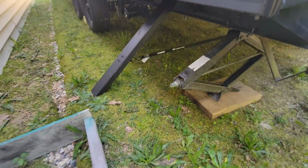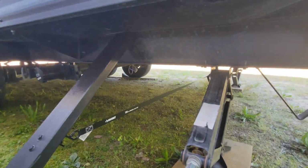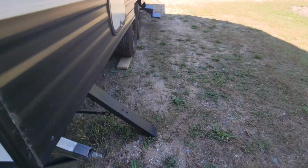Okay, so now I've got them installed here. You can see I've got this one on this side with the ratchet strap that goes across to the other side. And I'll show you up under here how it fits. You can see how it fits up under that top corner inside that frame channel there. And then the ratchet strap